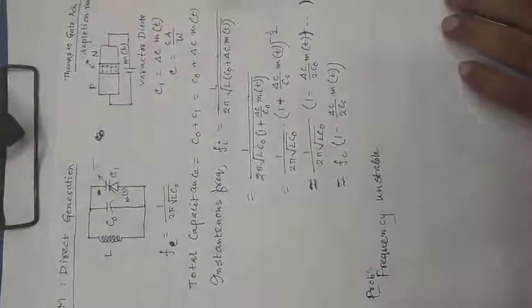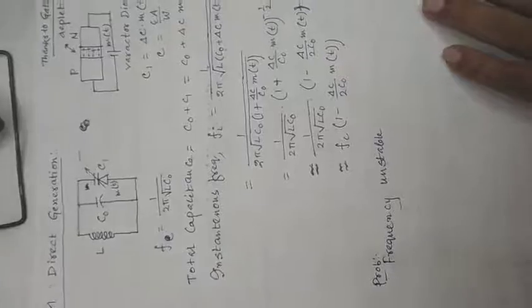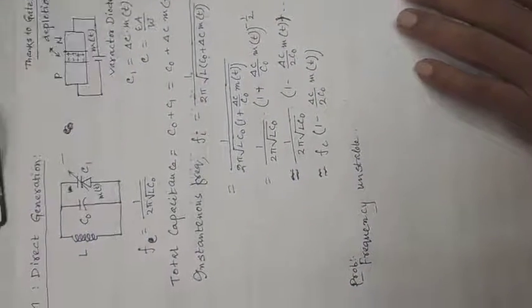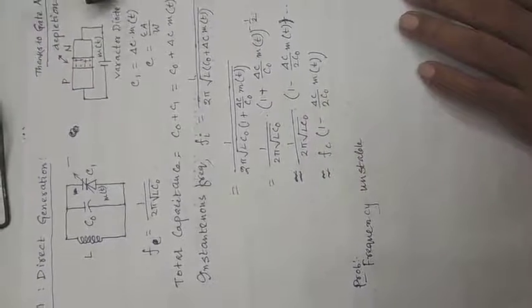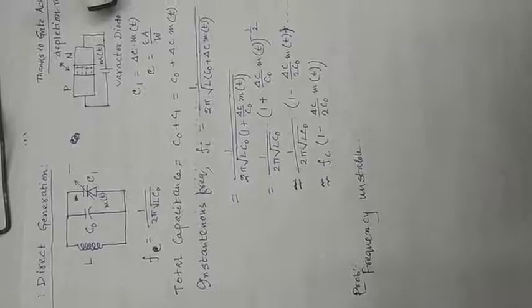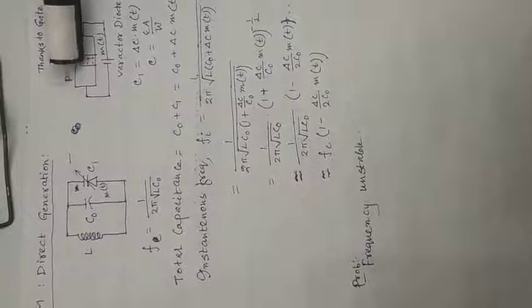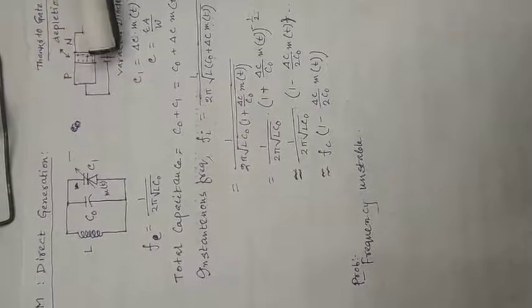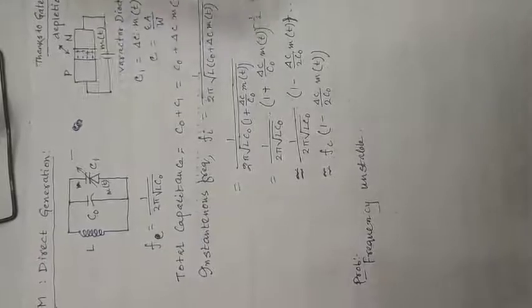Now, besides, there is a direct method to generate wideband FM or general FM. That is, you need an LC coupled circuit along with a varactor diode. The basic principle of the varactor diode is shown here. It is used in reverse bias, and when it is used in reverse bias, the depletion region generated increases with the increase in voltage. Using this principle, an LC circuit generates an oscillatory signal, and we have generated the direct FM signal.